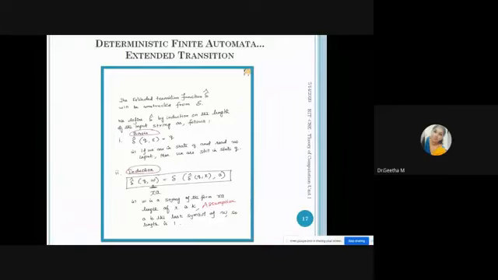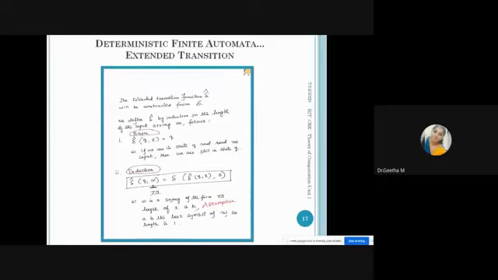The meaning of this δ cap is that it accepts the empty string. It is working, but it cannot move on to the next state. If you apply epsilon, the same state is maintained. That is, if we are in state q and read no input, that is epsilon, then we are still in state q. So applying epsilon gives you the same state as output. That is your basis.